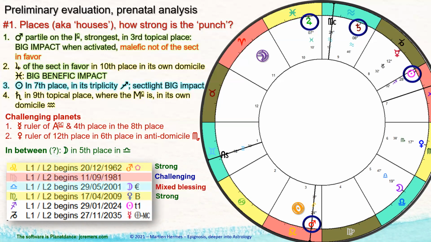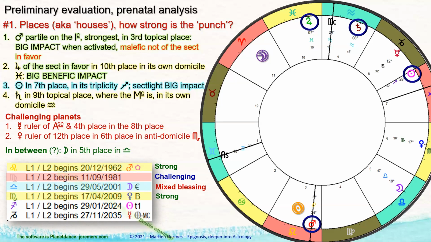Then we have the mixed blessing of the Libra period, the scales, where we find the moon. And why is it mixed blessings? Because we find the ruler of the scales, which is Venus, which is in aversion to this place. So I have some interesting things to say about that when we get to this period in the coming slides, because this was also a very good period for you in a sense.